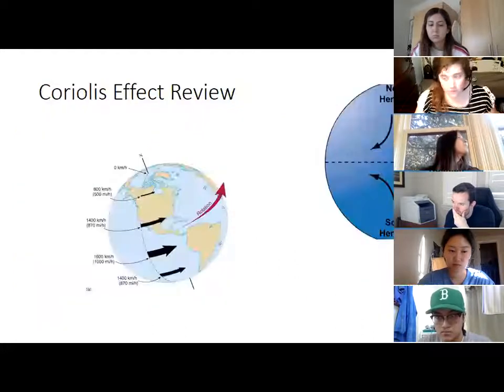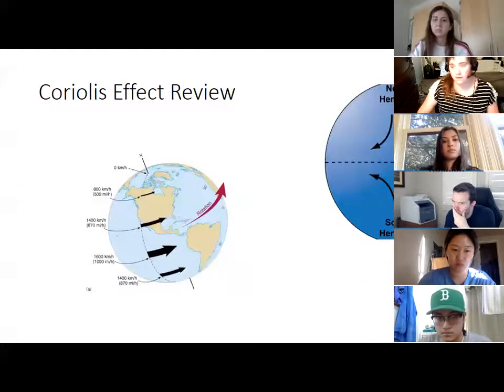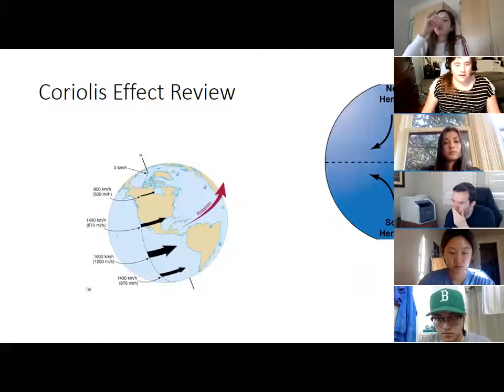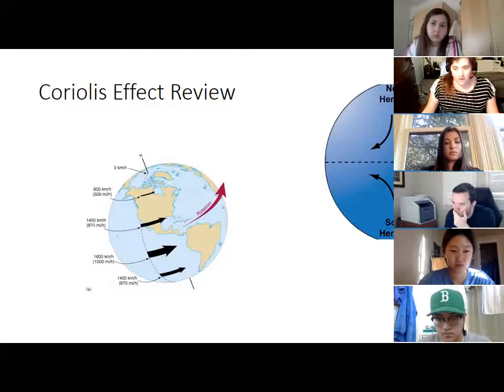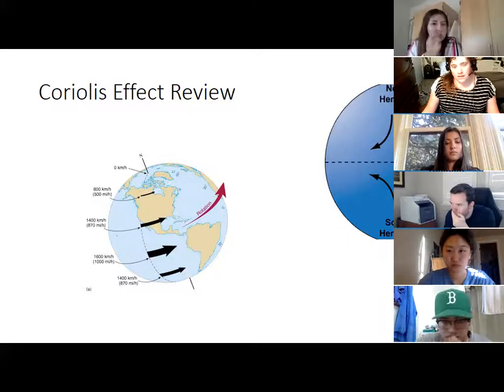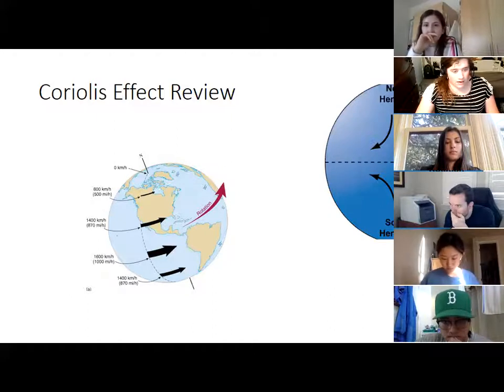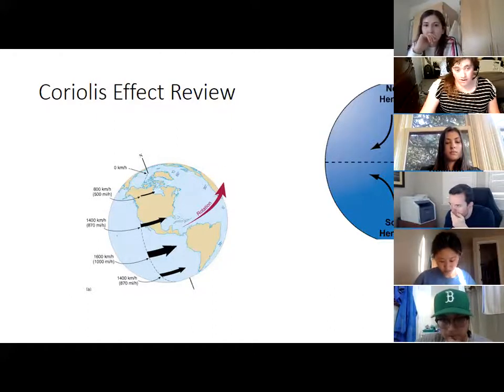I do specifically want to do a brief Coriolis effect review because I don't think that can be emphasized enough times. The Coriolis effect is weird because it produces what seem like two dramatically different results. Stuff gets deflected to the right in the northern hemisphere and to the left in the southern hemisphere. But the thing is, it's being caused by the same process. It's being caused by the fact that whether you're in the northern or southern hemisphere, Earth is rotating the same way. Earth is going to be rotating from the west to the east.